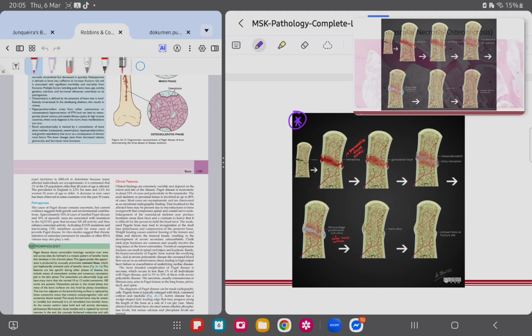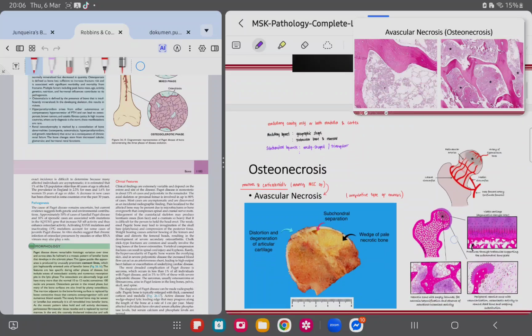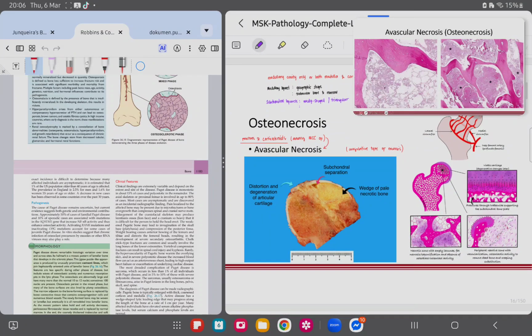Avascular necrosis, I have shown you gross images of this particular disease, and usually it's a result of the breakage of your vascular supply. But at the same time, certain insults, such as the administration of corticosteroids, might also result in avascular necrosis, also known as osteonecrosis. But as I have mentioned, the mechanism, the pathophysiology by which corticosteroids result in avascular necrosis is not yet well elucidated. And of course, your avascular necrosis is characterized by this dead bone and necrotic marrow.